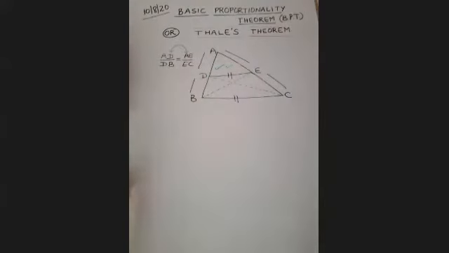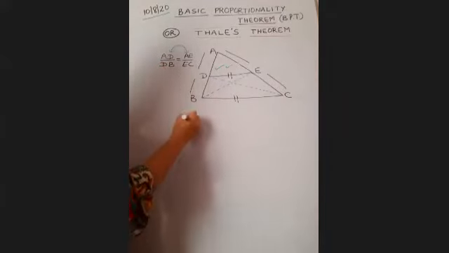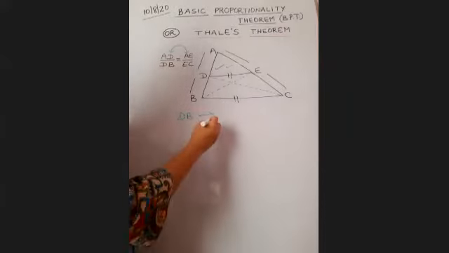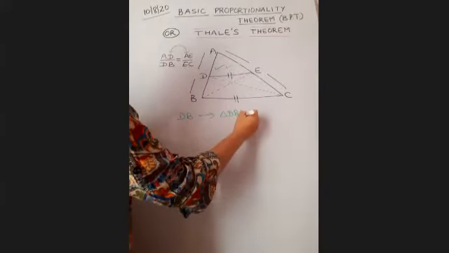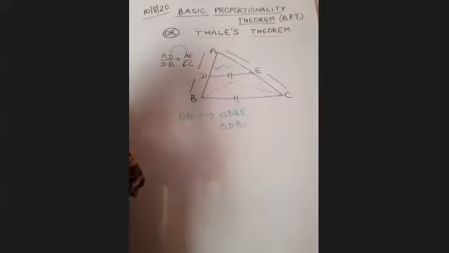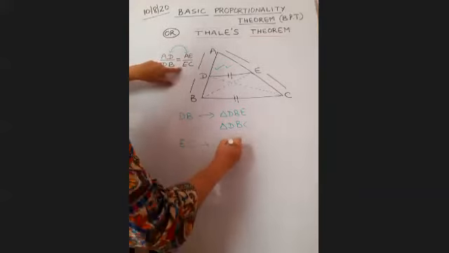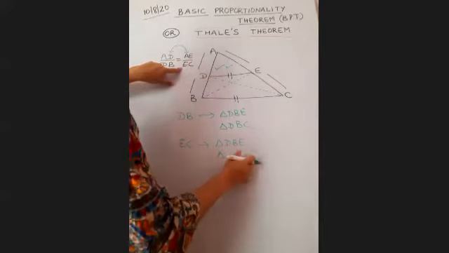Right? So that I am getting triangles here. Now tell me, DB is a part of which triangle? Sorry, DBE. Is it a part of triangle DBE? And is it a part of triangle DBC also? Yes. Likewise, this EC is a part of triangle DBE and is also a part of triangle DEC.